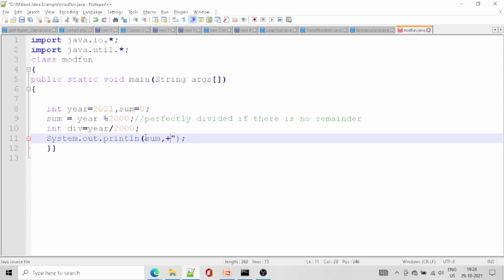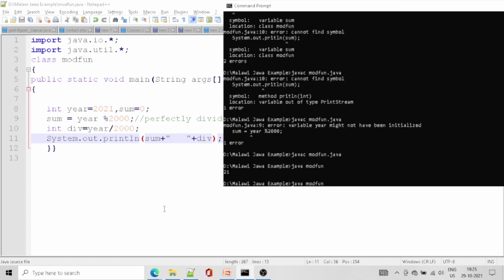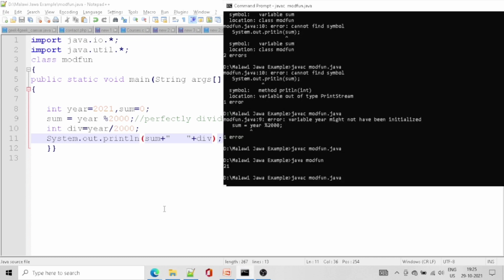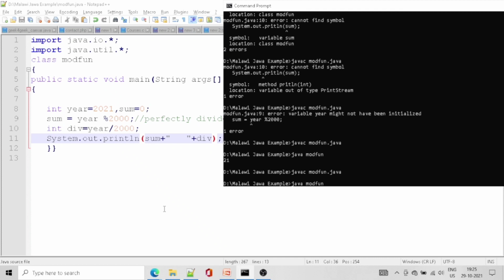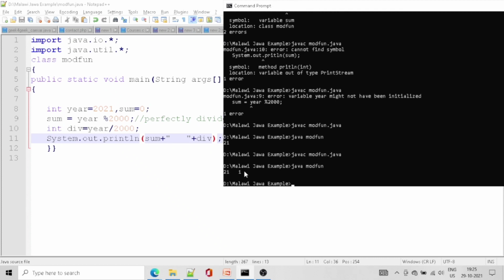We need to put some spaces between the two variables. So div, we are saving it and compiling it. Now we are going to run it. 21 1, so the remainder is 1.